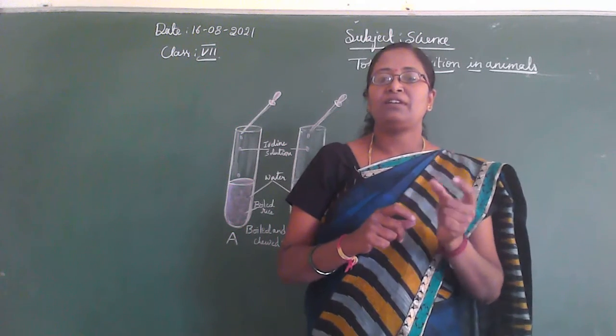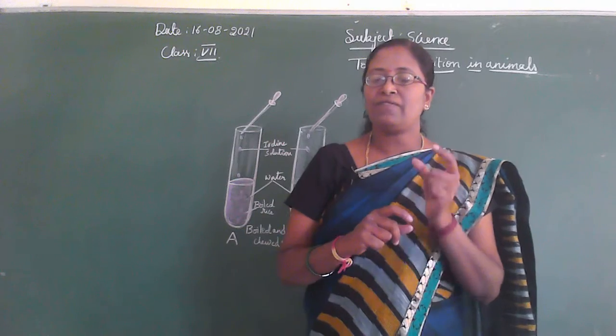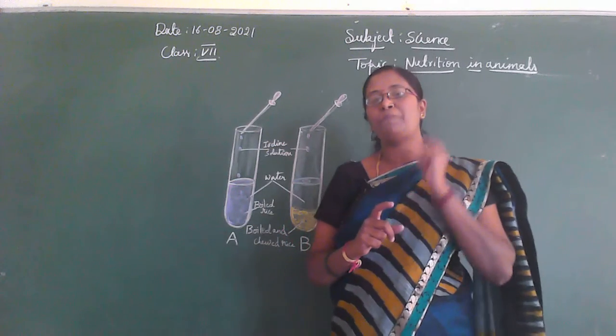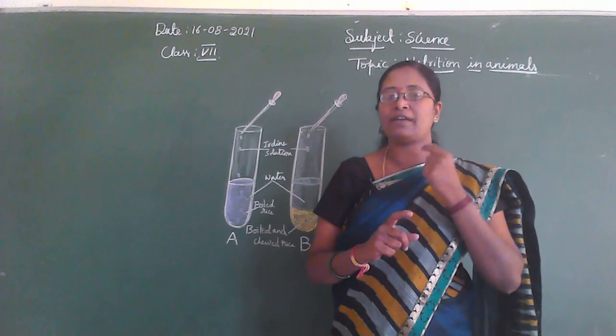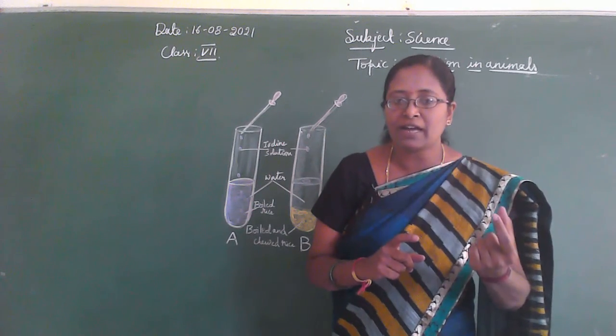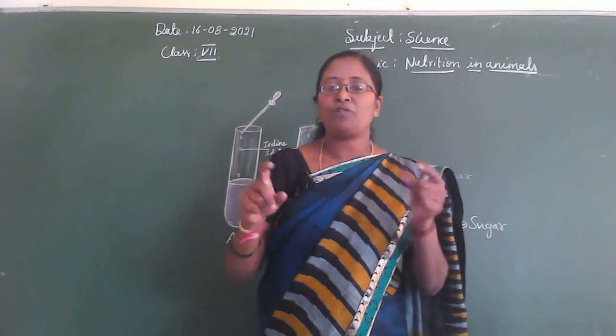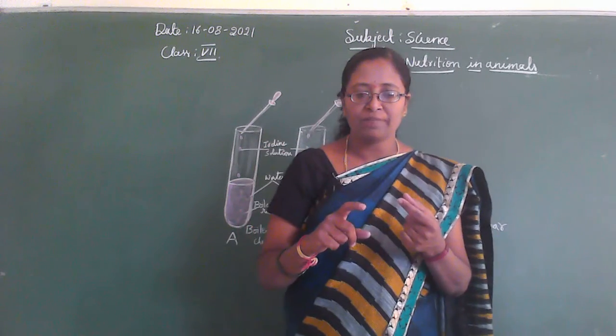So the tongue is a fleshy muscular organ. It is attached at the back side. Where is it attached? It is attached to the floor of the buccal cavity, the floor of our mouth. Okay. And then